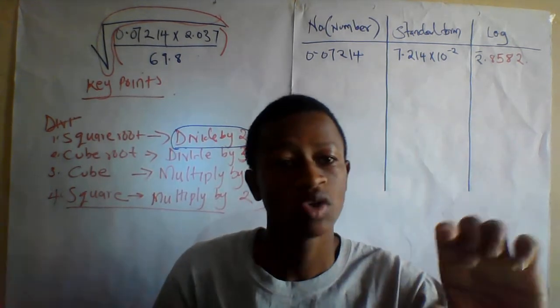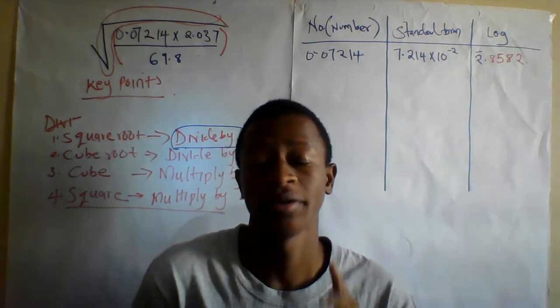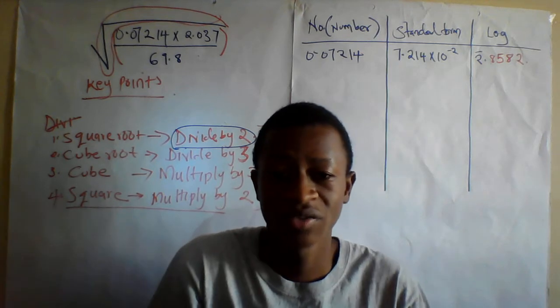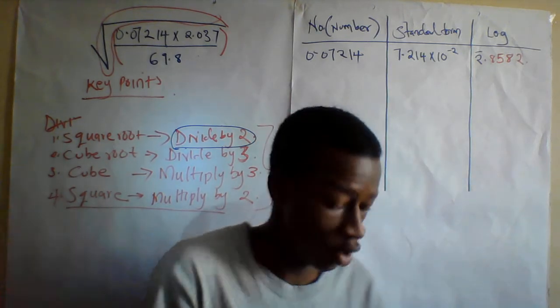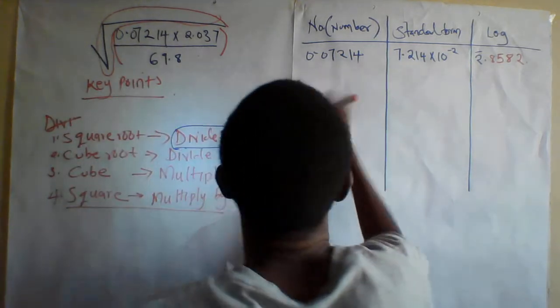8582. Remember, when you use the mathematical table, that is the logarithm table, you are going to find it already rounded off. So that is the first one. The second one is